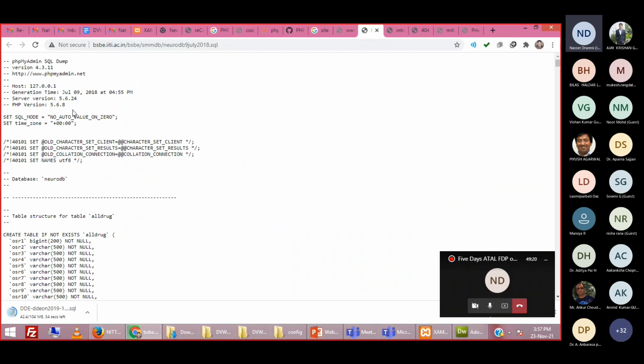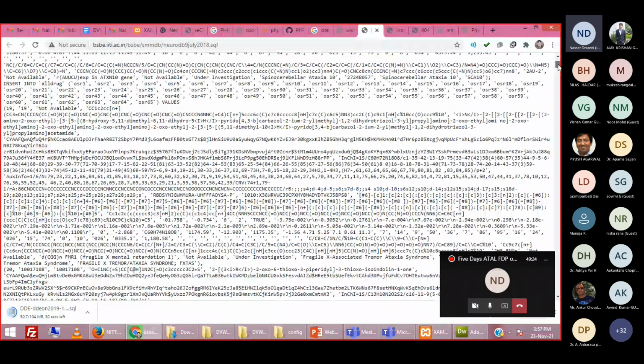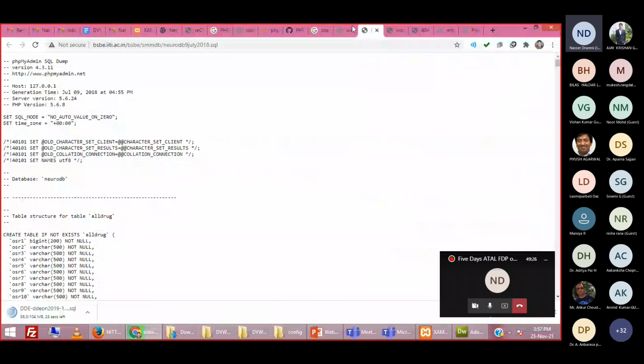So you can see here, this backup file has opened. It has huge data, and along with the data, it is also giving very sensitive information like the version of the software they are using. They are using PHP version 4. Oh my God, PHP 4 is very vulnerable, and they are using a very old version, right? It has so many well-known vulnerabilities. Hackers can immediately hack it, right?